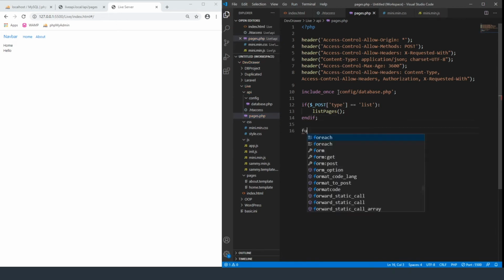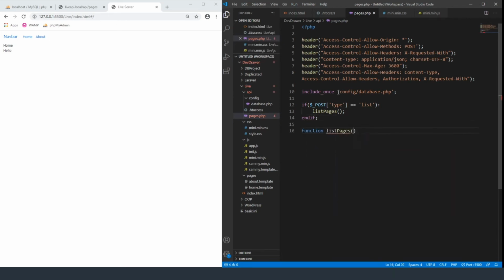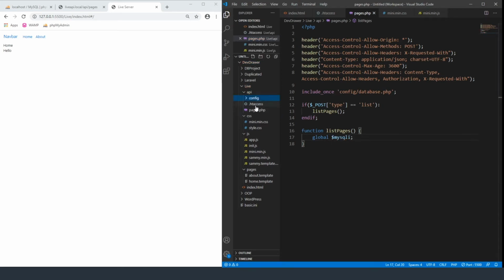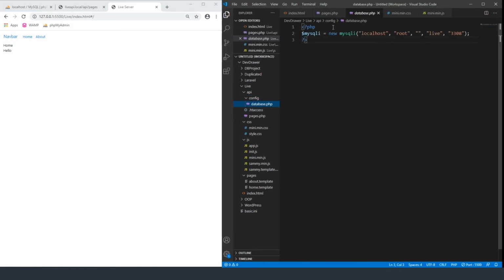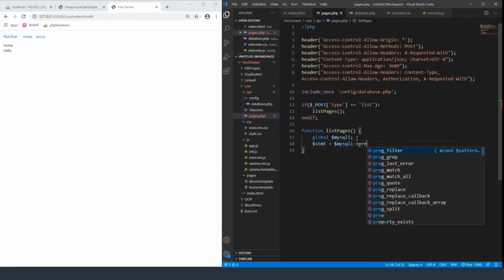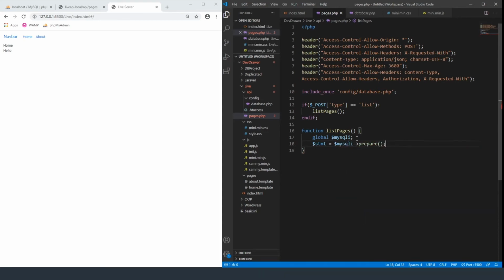Now let's create this function, list pages, and inside of this we are going to pass over our global MySQLi, which is the variable that we created in our database.php file. So this MySQLi here, that's just going to pass over the database connection information for us. So then we're going to do statement equals MySQLi prepare, and then we're going to do our select statement. So select